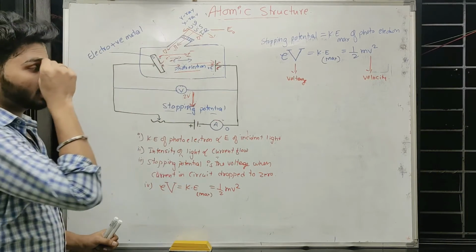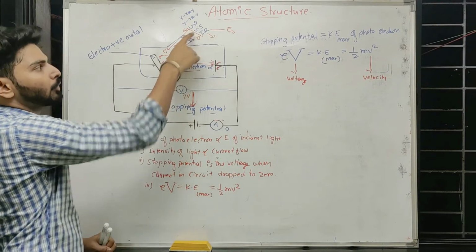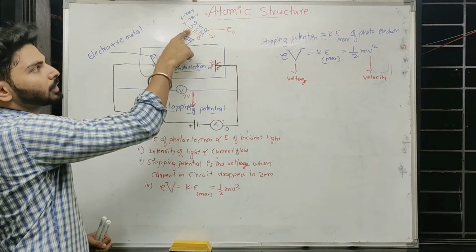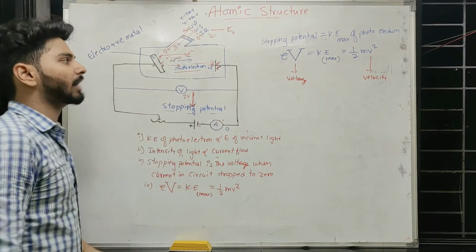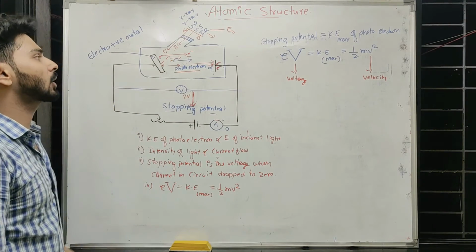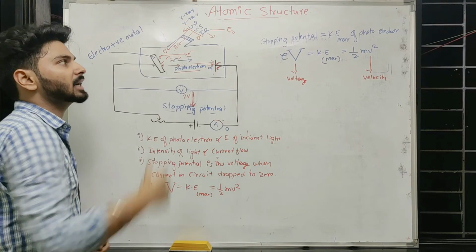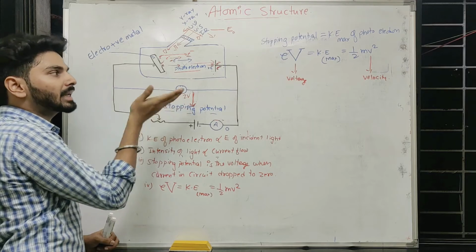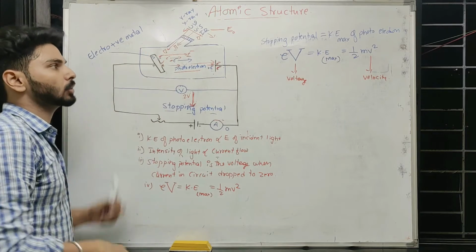in this case, maybe when potential was reversed, initially the photoelectrons ejected due to visible light might have got stopped, but the photoelectrons ejected due to UV light might have entered the circuit because they had enough kinetic energy. But now I am saying even X-ray, gamma ray radiations are allowed to pass, and now they will also eject electrons, but those ejected electrons will have higher kinetic energy, and maybe the earlier stopping potential is not enough to stop them. So now I need to reverse to another extent so that even those radiations also stop.